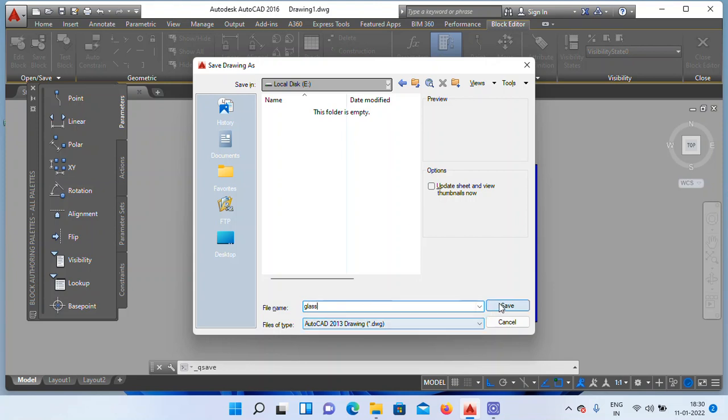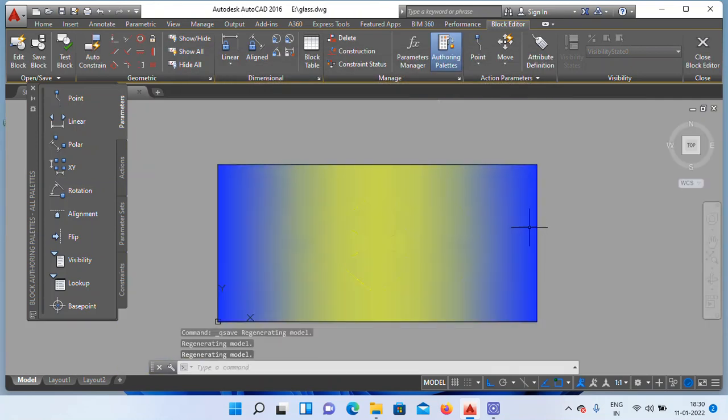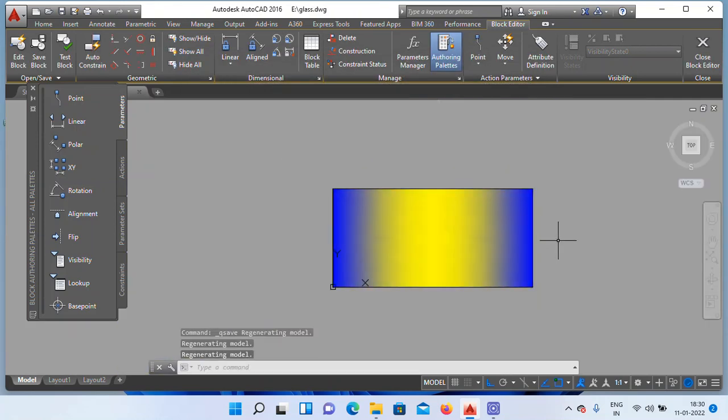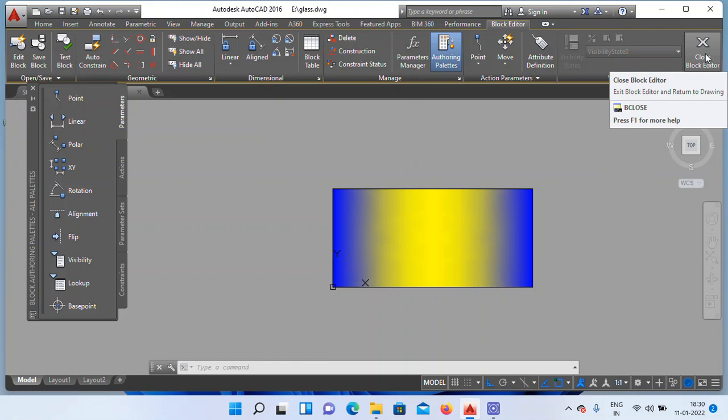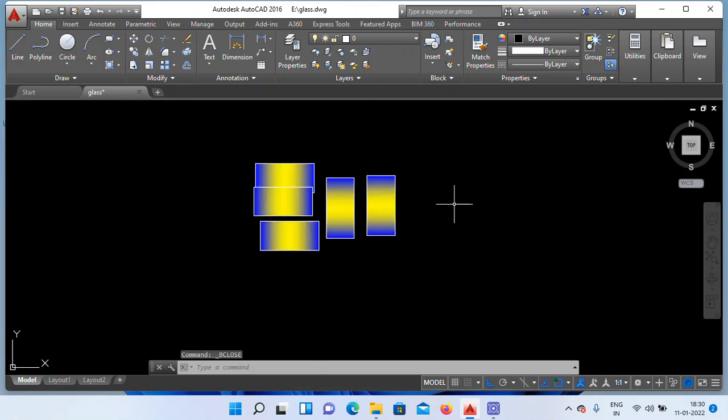Click on save. Eventually click on close block editor. Here close. Click on save changes. Save the changes. This is right.